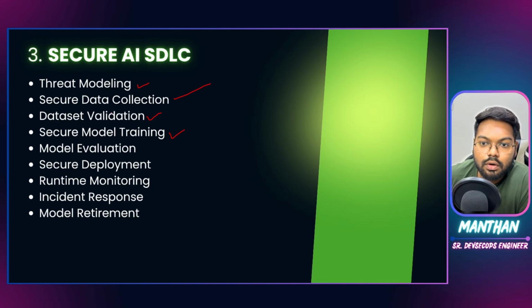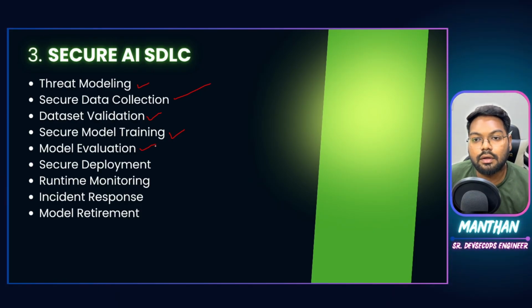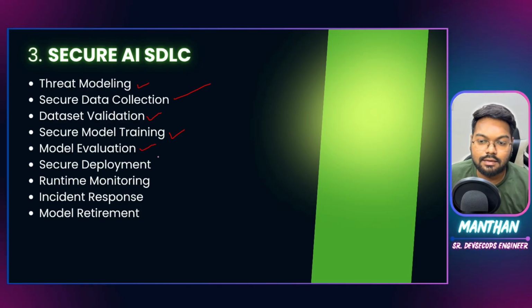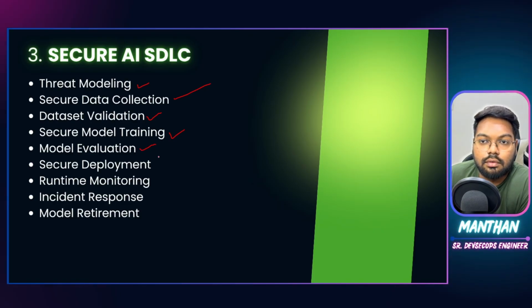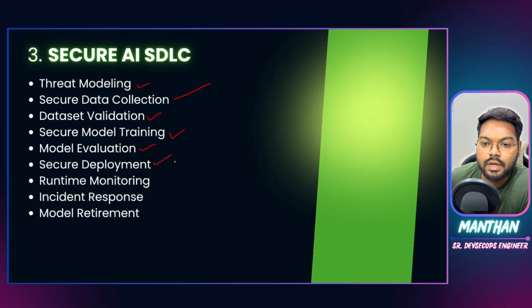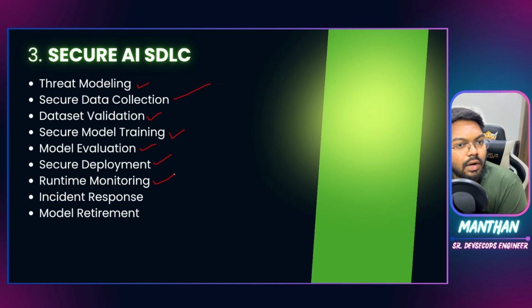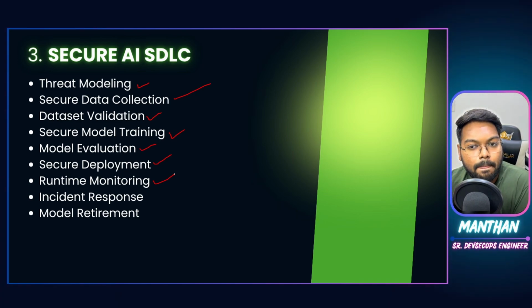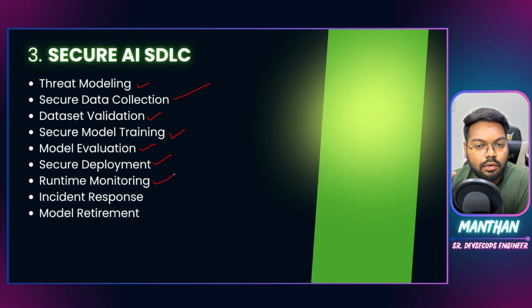Then once you have trained your model, you need to do the model evaluation. You need to test it against different kinds of prompts, and then you need to know how it is responding, how accurately it is responding to the queries that someone is asking. That's what we learn in model evaluation. Then secure deployment, you need to know how to deploy all these things alongside, the model, the data along with it, and the application functionality, so that it is secure all the way. Then runtime monitoring, when your application is running, you should be aware of what things are going on when your application is live, when people are using it simultaneously.